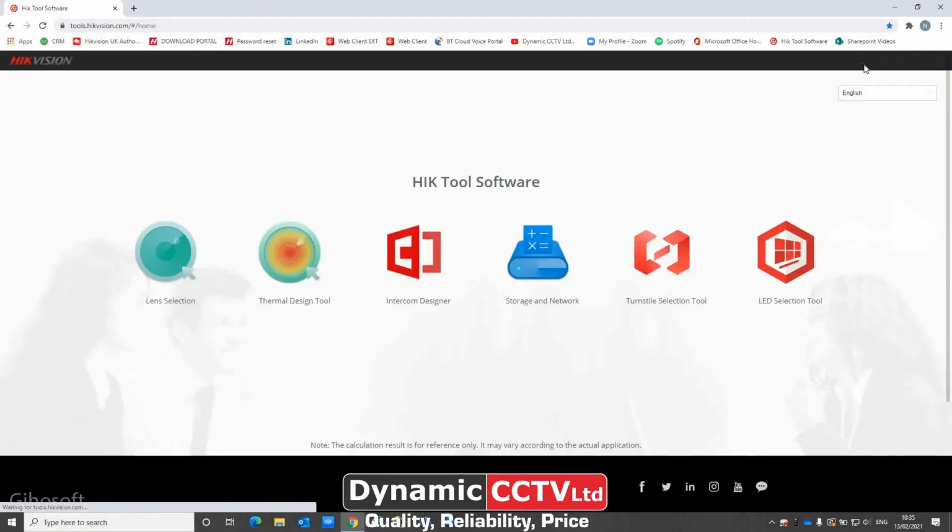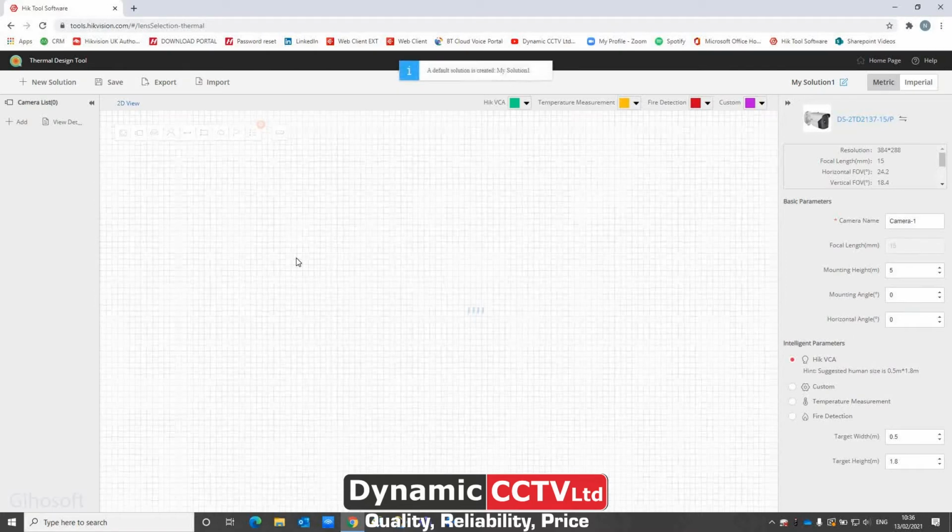Now if I go back to our home page, we can then go into the thermal design tool. Now this is similar to the lens selection, however this is for specific thermal designs, such as your temperature measurement modes with the thermal cameras, as well as your fire detection and your line crossing and intrusion detection for the VCA rules with the thermal cameras. So if I click on the thermal design tool,